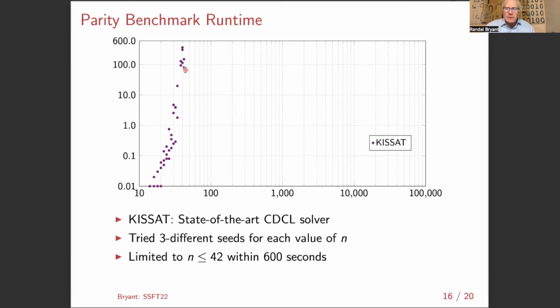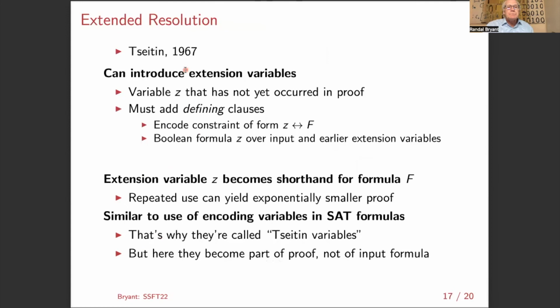CDCL, or in general, to do it as a resolution proof, I don't think this has been proven as a hard lower bound, but there's similar ones over parity constraints for which there are lower bound proofs, that any resolution proof will be exponential in size. And that bodes poorly for CDCL. So that might say, oh no, we have to throw out resolution altogether if we're always going to be hitting exponential